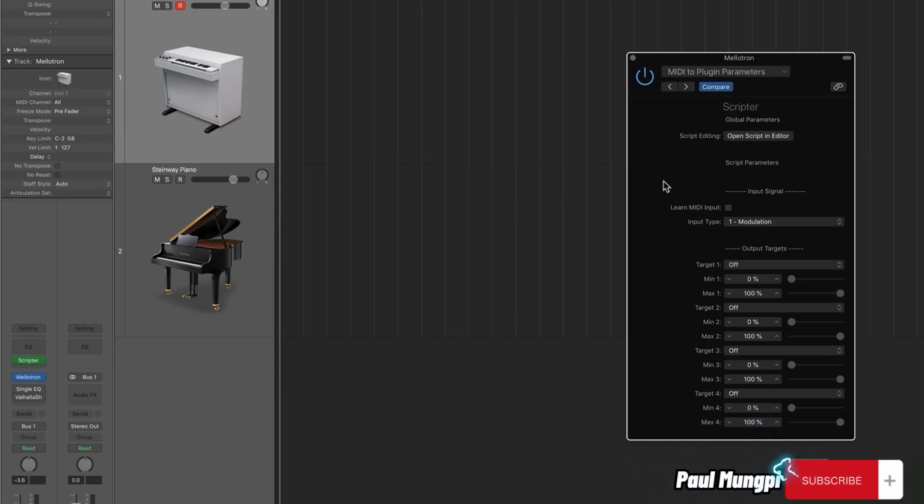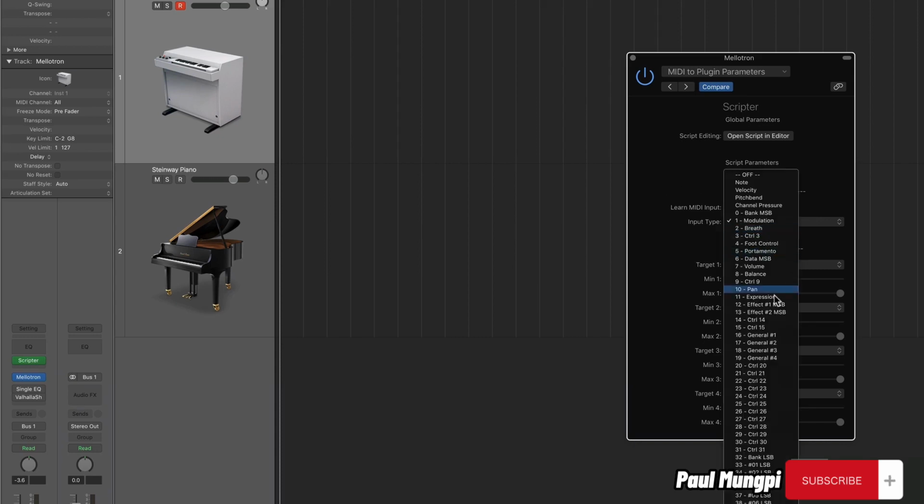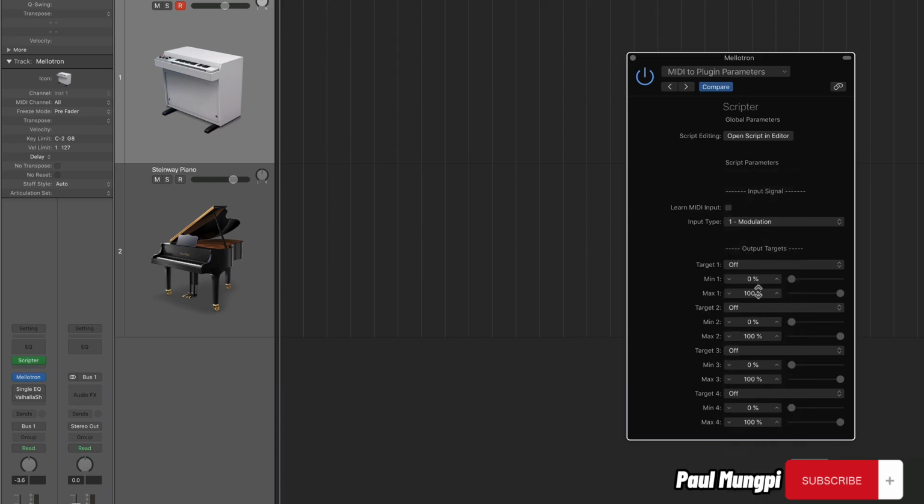One of my favorite ways to create some really deep multi-textured modulation effects in Logic is to use the MIDI to plugin parameters preset in the Scripter plugin. This allows you to pair any MIDI continuous controller with up to 4 different targets. These targets can be any knob or fader control within any plugin, both effects plugins and software instruments. So this gives you real-time control for your sound design, and you can also control multiple parameters with a single